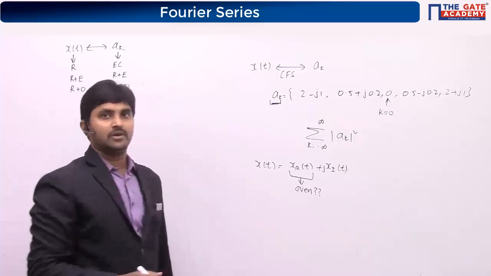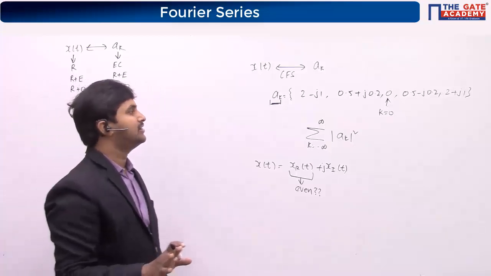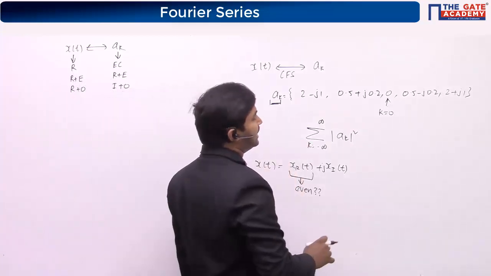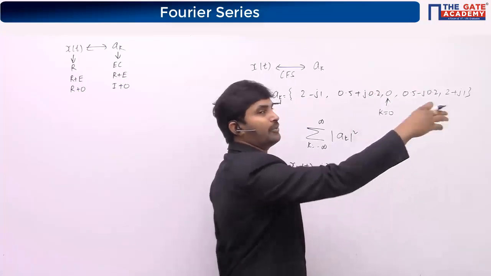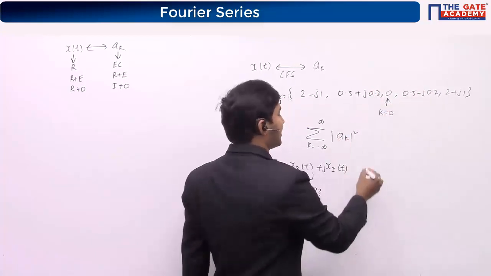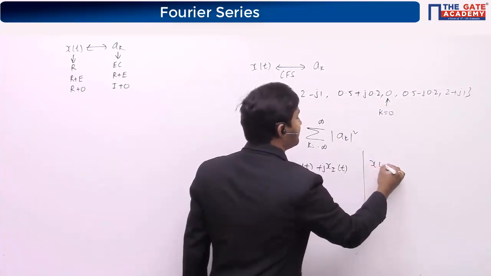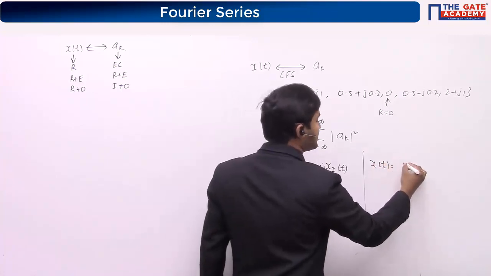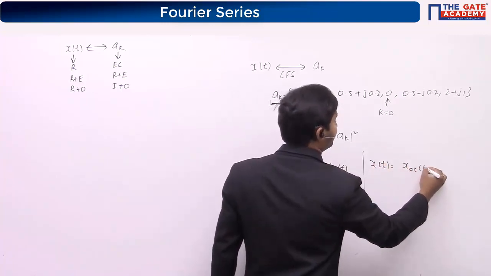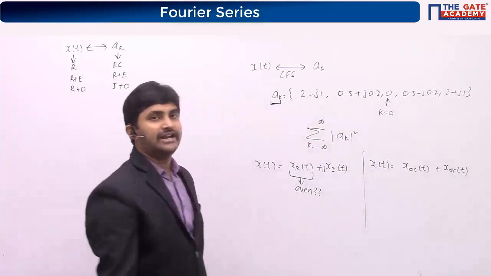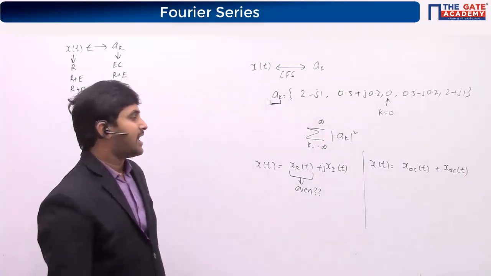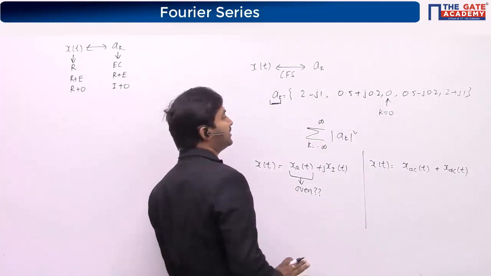And we had an imaginary component. So what I am going to do is separate the DC component from the function. If I can write my x of t as an AC component and a DC component, so what I am doing